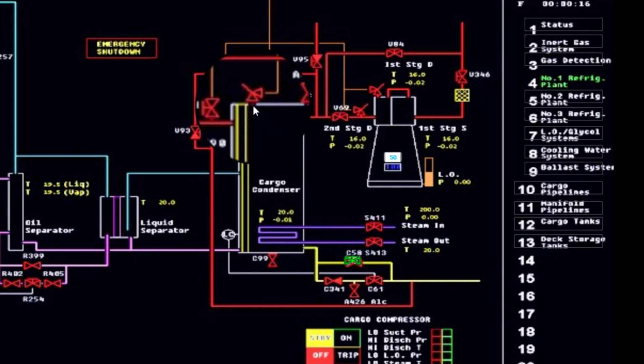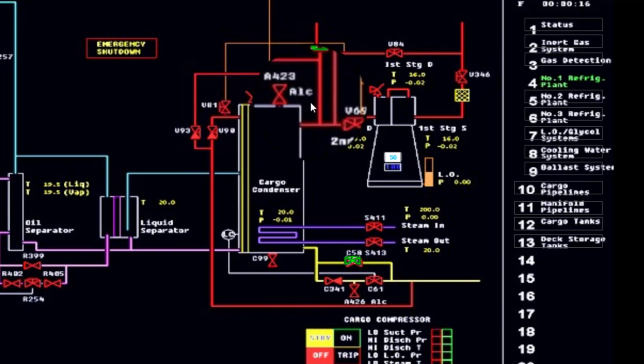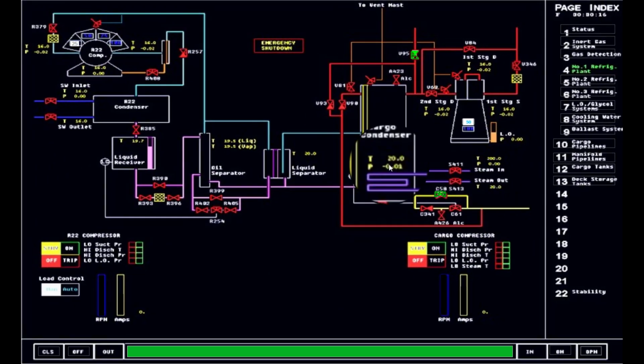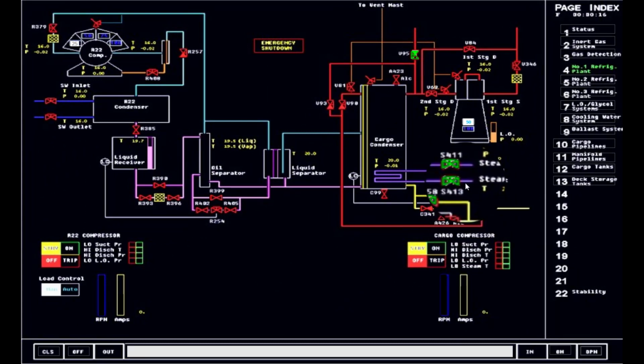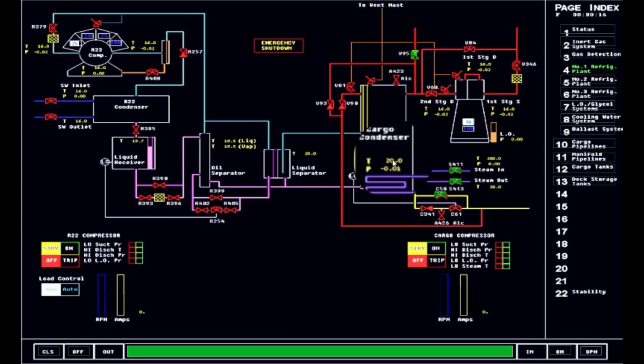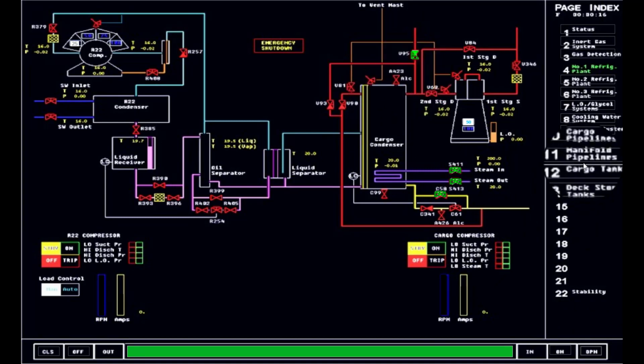At the same time, we open this B95 or valve 95, where the vapor will come out. So again, liquid turns to vapor because we have the steam going through the vaporizer. It vaporizes the liquid and comes out the top of that vaporizer. So looking again at